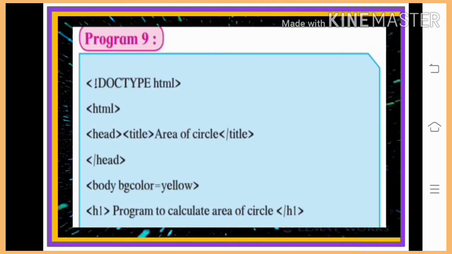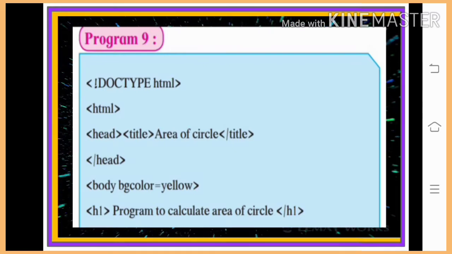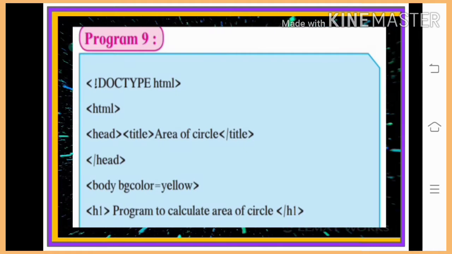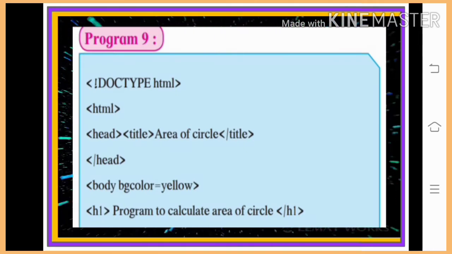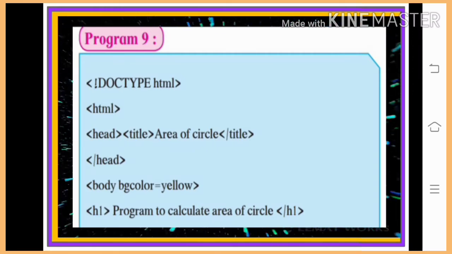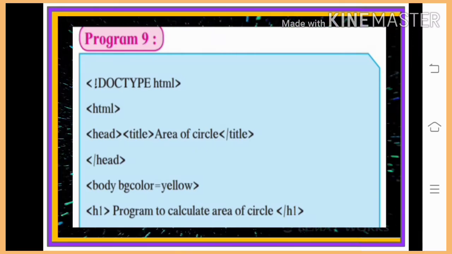Let's see one example of the prompt built-in function. Open HTML tag, open head tag having title area of circle, close title, close head, open body tag with one attribute bgcolor equal to yellow. Write h1, program to calculate area of circle. Close h1.